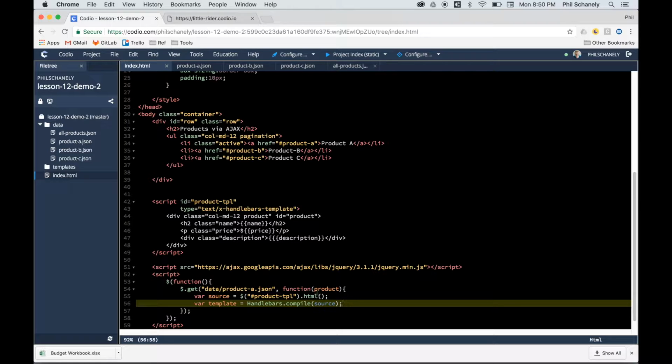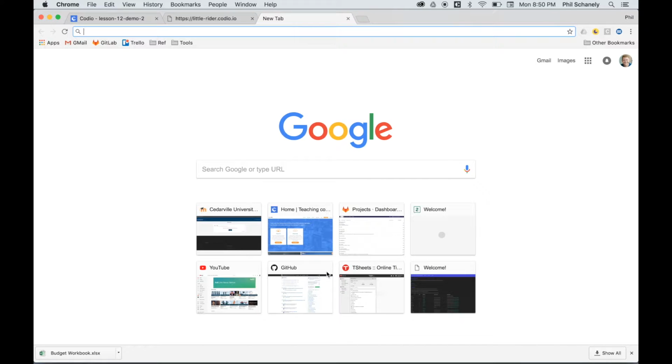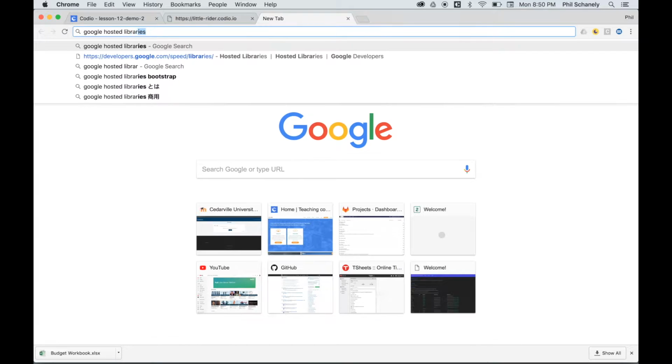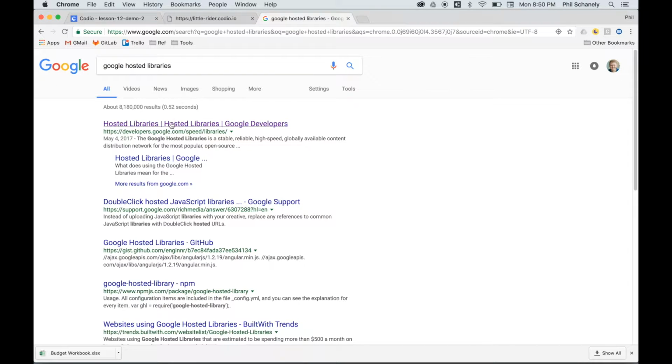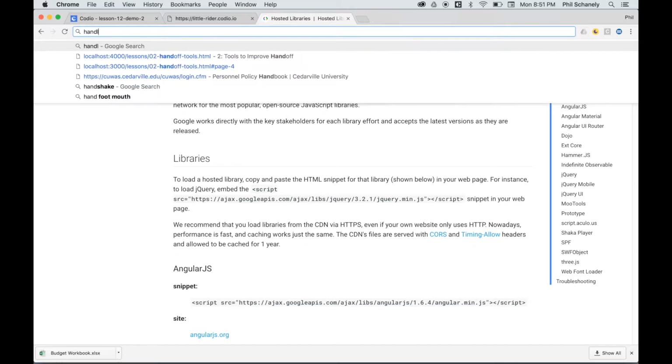Now, I should pause right here and point out that we don't actually have the handlebars library added to our document right now. So we have the AJAX library, the jQuery library, but we're going to want to get that handlebars library. So just like we might have done for jQuery, we can search for Google hosted libraries, and we can see if handlebars is one of those. If it's not, then there's a small change we can make to our search query to make that more easy to find. Okay, so I don't see handlebars here. That's no problem. So instead, we're going to search for handlebars